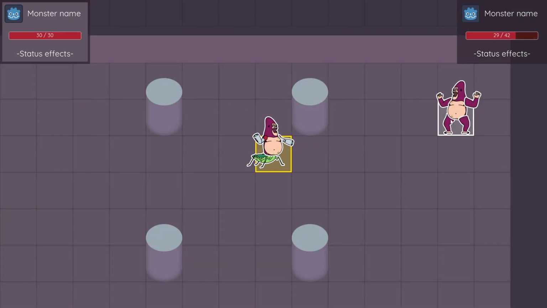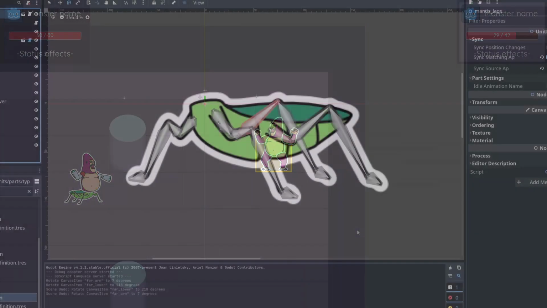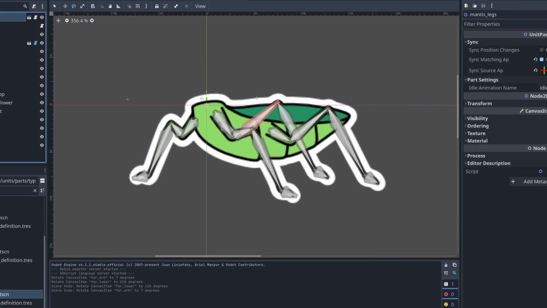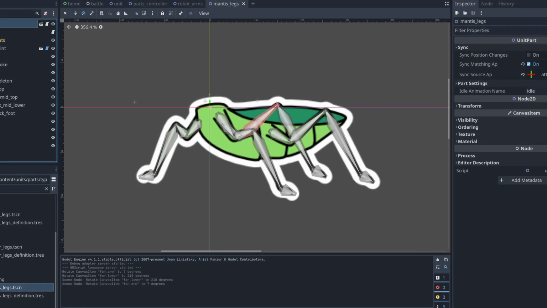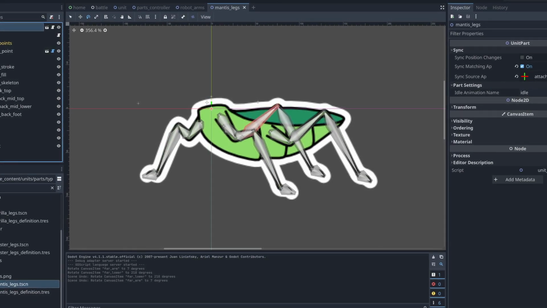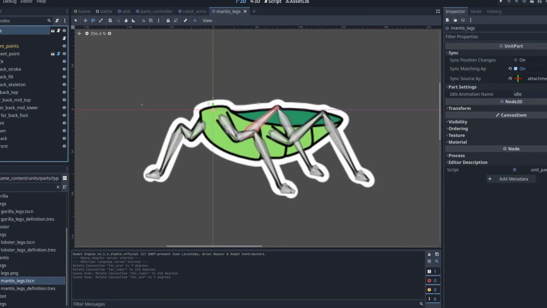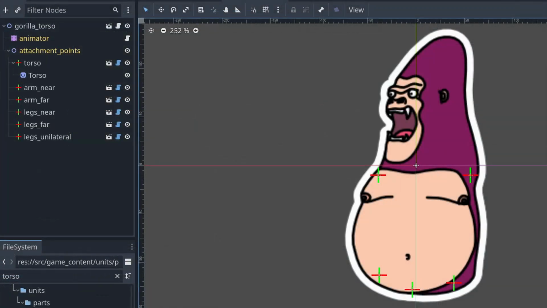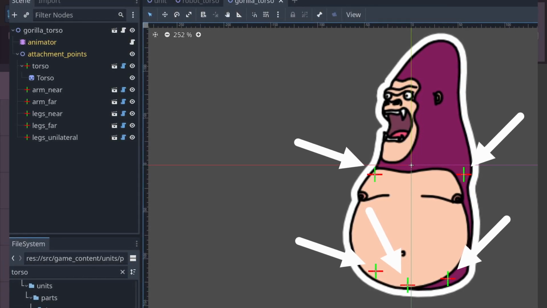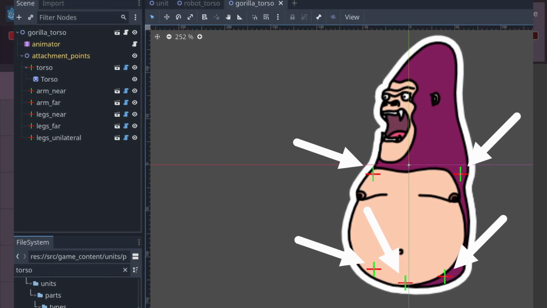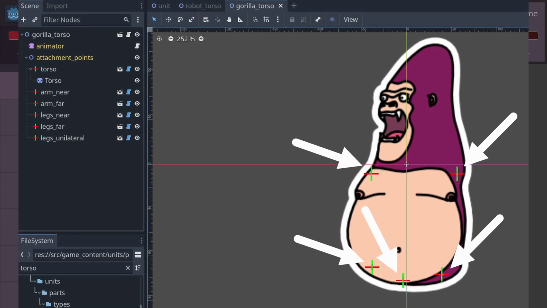The first thing to note about parts is that each part has a scene that it can instantiate for rendering and animation. This scene holds things like sprites, animations for each move, and defines attachment points, which are simple 2D objects that define how parts should snap to one another. So each torso has attachment points on it located where each arm and leg should attach to it, and marked for the appropriate limb. And each arm and leg has a matching attachment point with artwork placed relative to that